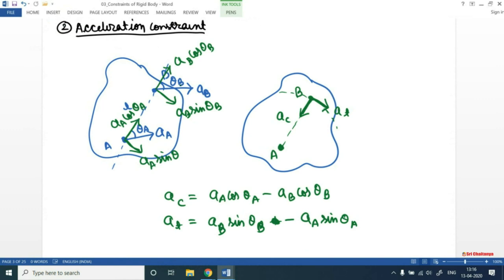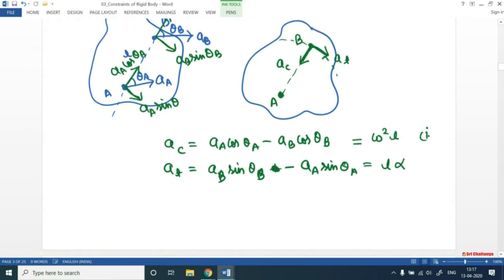Now, in circular motion, just now fixed axis rotation, we have learned that the centripetal acceleration was simply equal to omega square L, and this term here, the tangential acceleration, would be nothing but L alpha over here. So